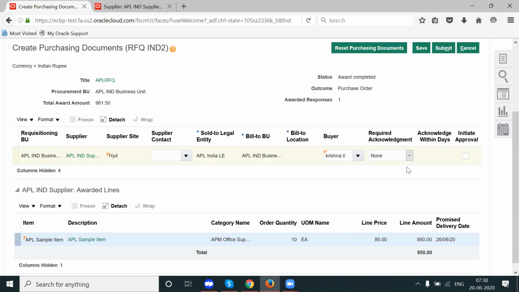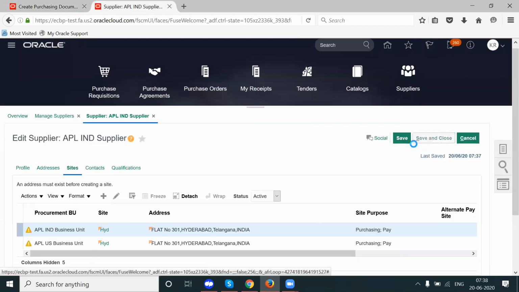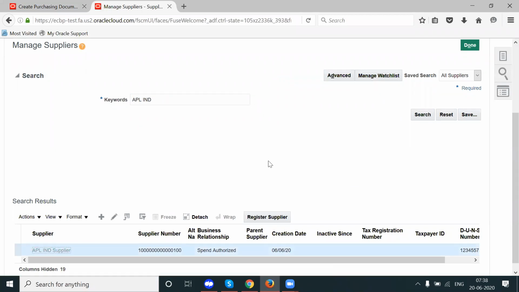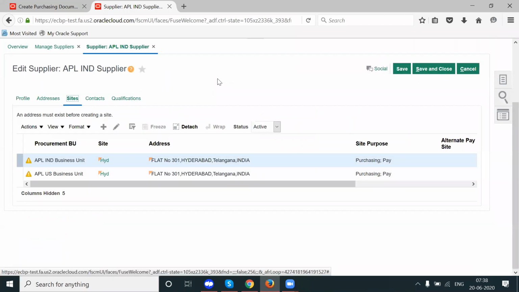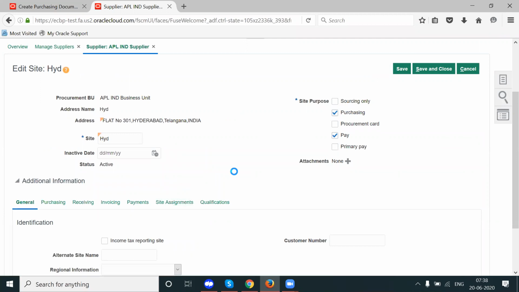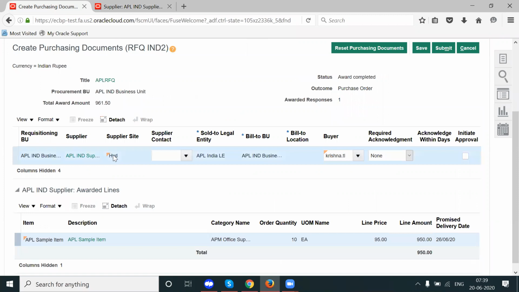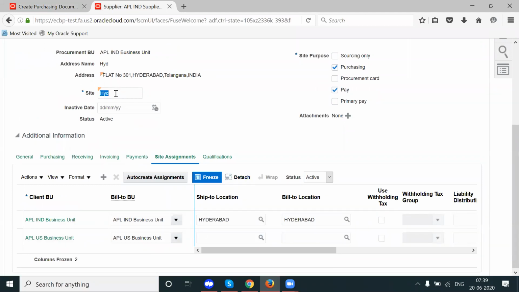This page is not getting refreshed. Not sure which site has been selected. It should default from India BU only, the shipment and billing.